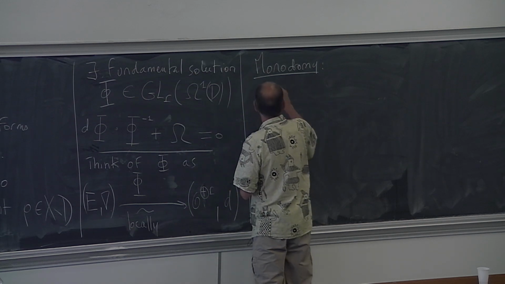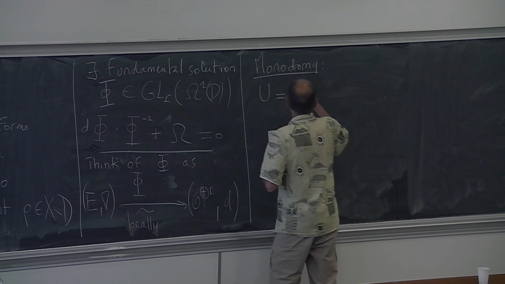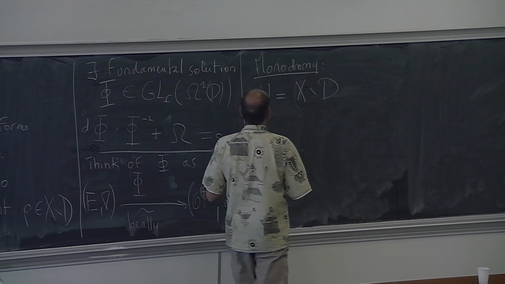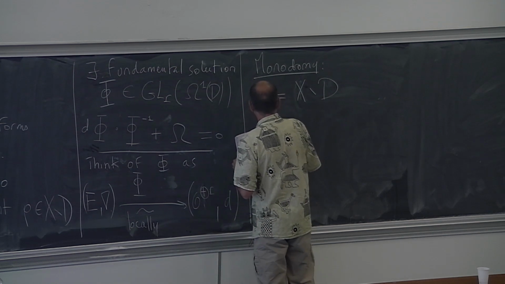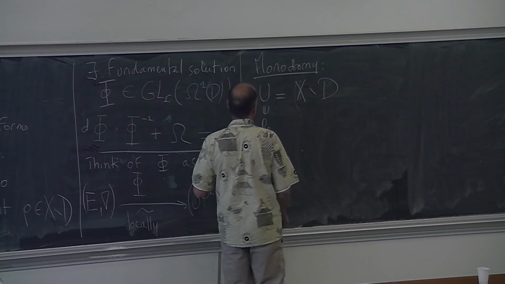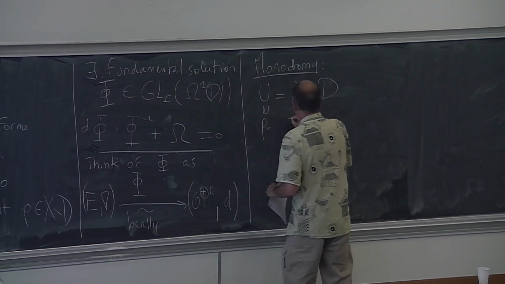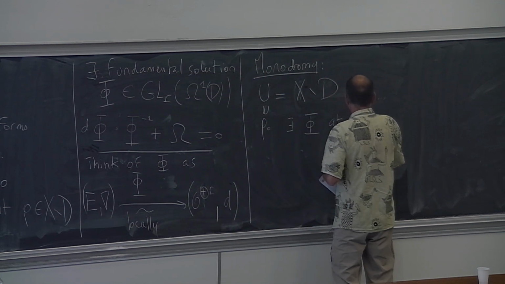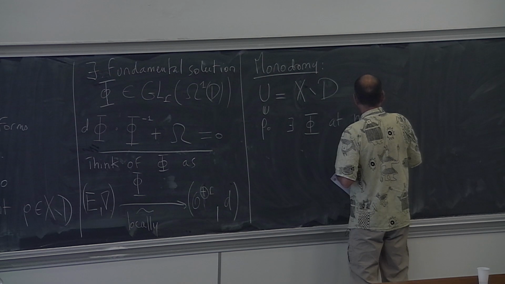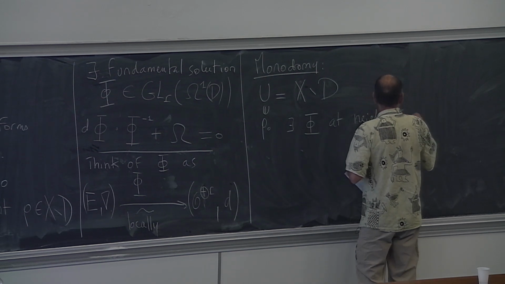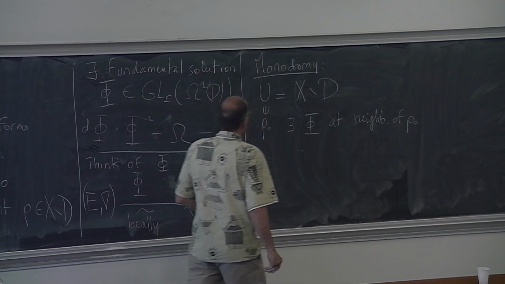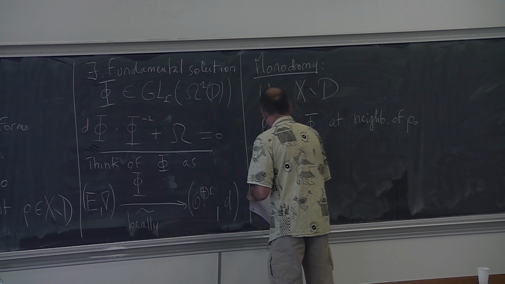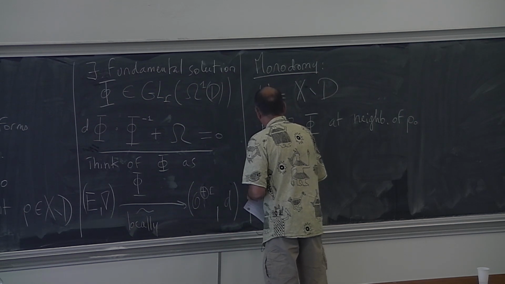So for this, I consider U equal X minus D. And then you take some base point P0 here in U. And there exists phi in the neighborhood of P0. And you can consider the monodromy of phi. So if you have a gamma, a loop,